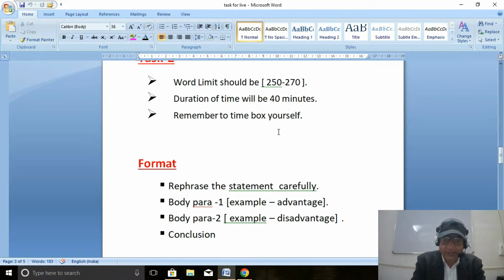Right. Let's say you get a task 2 regarding advantages and disadvantages. Sometimes you get this kind of essay in your task 2. So what you will do in body para 1, you have given the advantage of, let's say, technology. You have given the advantage of technology along with a nice example, and take the example from your basic life. It will be easier for you. In the second body paragraph, you will describe what the disadvantages of technology are. Like, for instance,